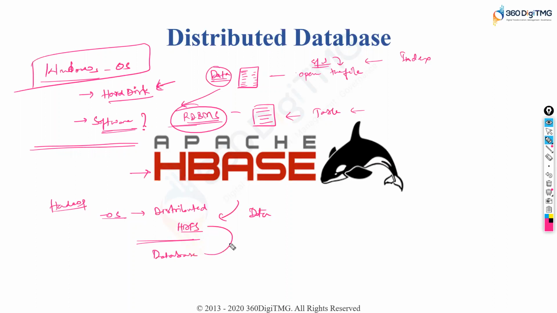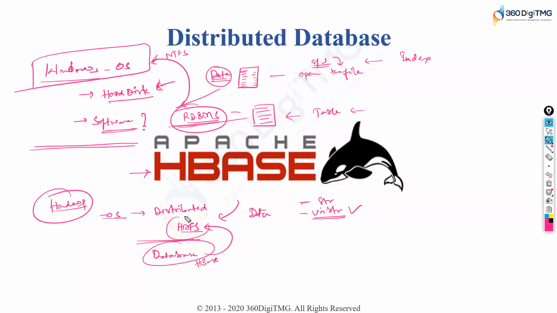If it is Windows, it is NTFS. But the requirement for Hadoop specifically was to handle structured and unstructured data. Structured data is already being handled by this. You don't need a specialized software for that, right? When you're trying to create something new, then you need to have a feature that it can also support unstructured data, right?